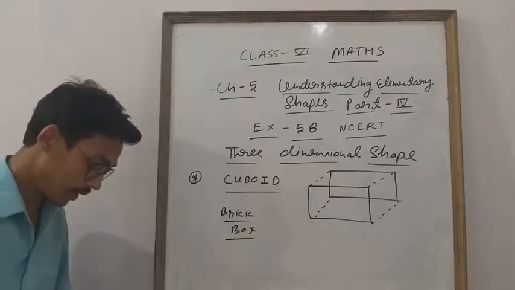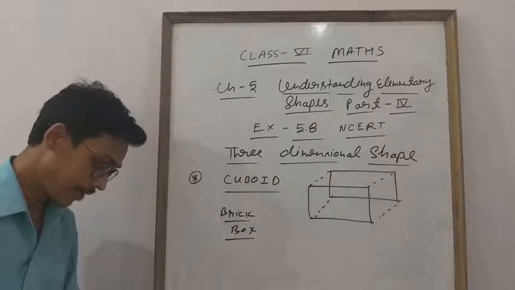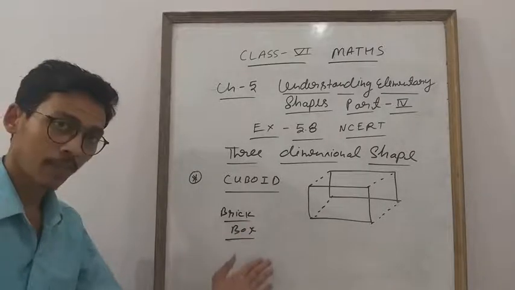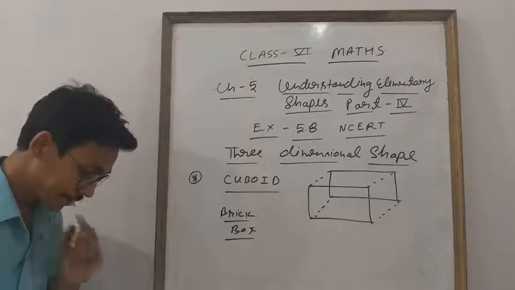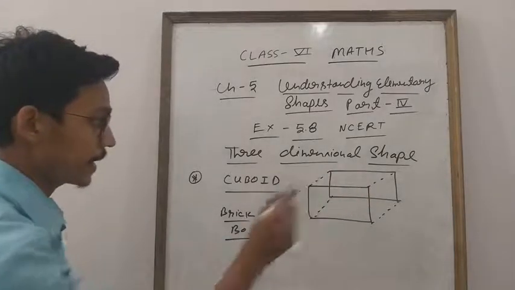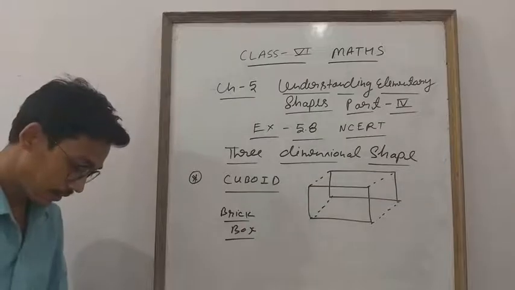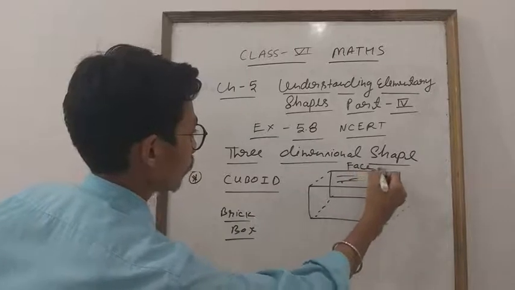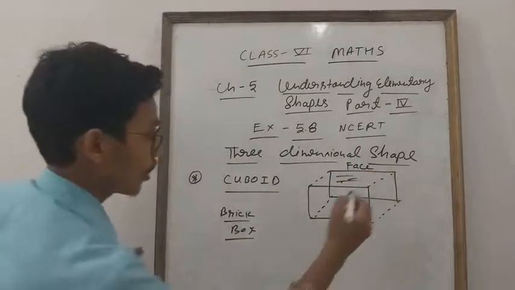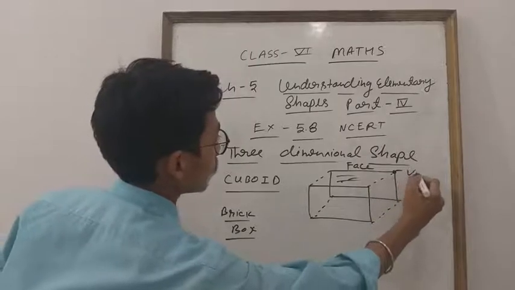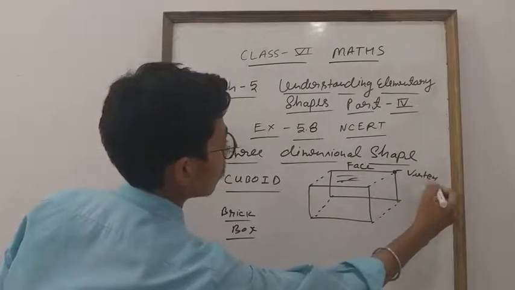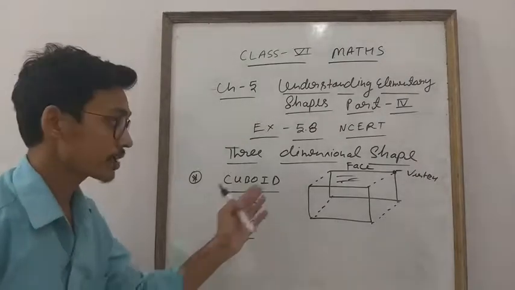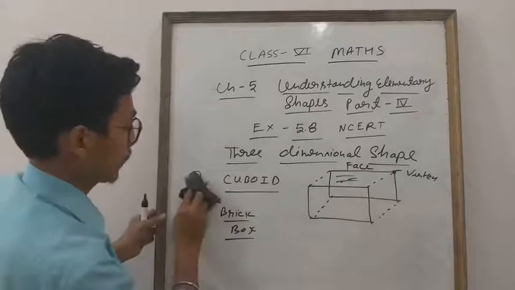Now it is given in your book. Look, in a very easy manner: in everyday life we come across many objects that appear in the shape of a brick or box; they are in the form of a cuboid. Clear. Now look, this is face, edge; you will study what is given. This is your face. Next is given edge, and this, you know, is a vertex, the common point. Okay everyone, so this is your cuboid, and everyone study what is a cuboid. I will ask this.